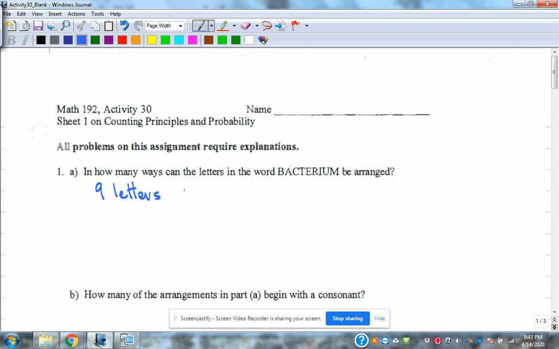So it's very similar to what we did last week. We have 9 spots. For the first letter we have 9 choices, then 8, 7, 6, 5, 4, 3, 2, and 1. That's the same thing as 9 factorial, which is